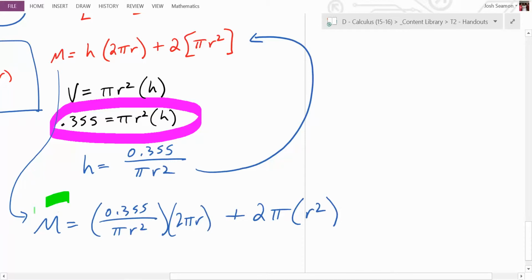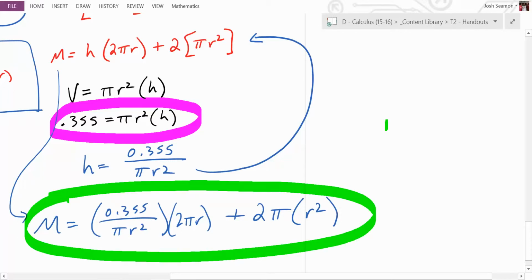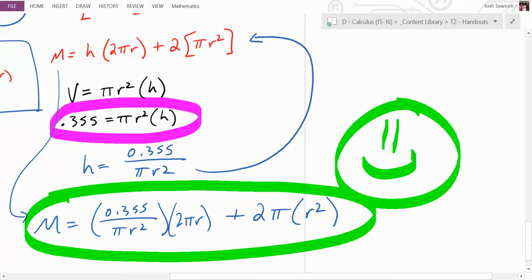This looks ugly, but how many variables are over on the right-hand side? Just one. So theoretically, are we home free? Yeah. We take the derivative, set it equal to 0. We also test the